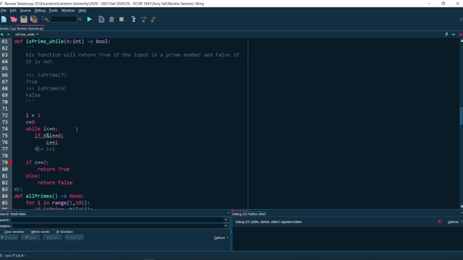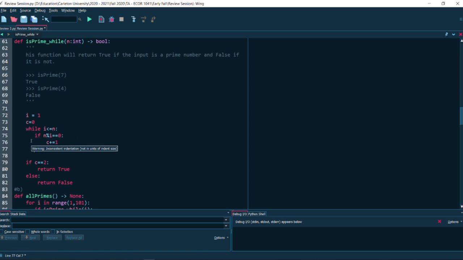I'm just going to show you why that program kept running. So it has i equals 1, and it goes, well, is 1 less than n? Yeah, 1 is less than n. So it keeps running, checks again, is 1 less than n? Yeah, keeps running. Is 1 less than n? And it keeps doing that. It keeps seeing, oh, 1 is less than n, 1 is less than n, 1 is less than n. And because you're not changing i, and i is still 1, it keeps doing that check, and it creates what we call an infinite loop.